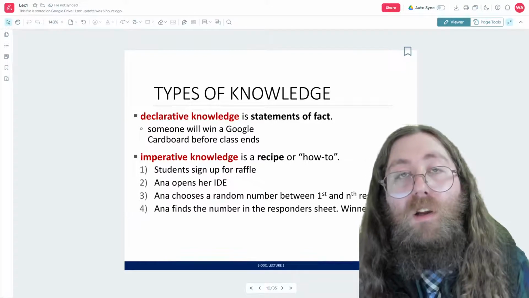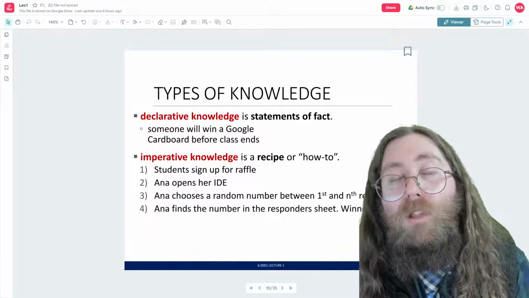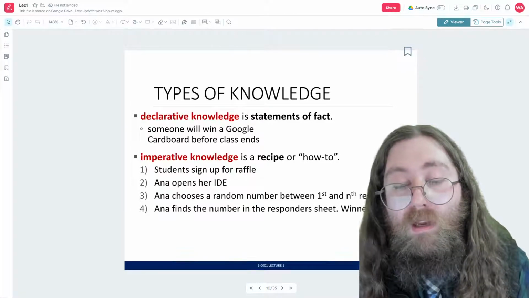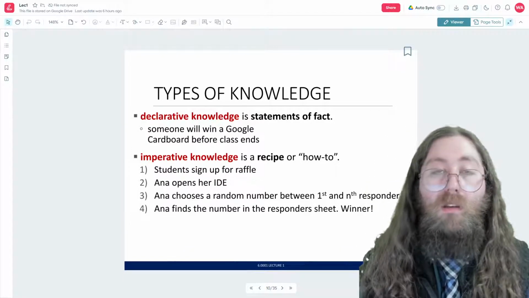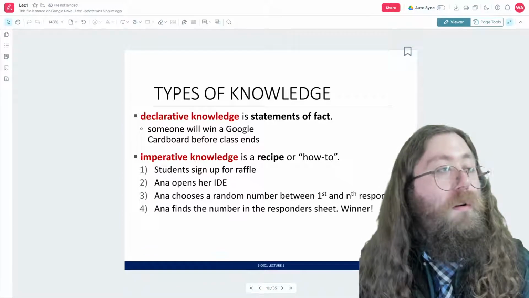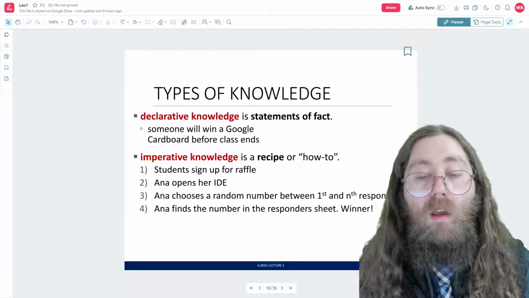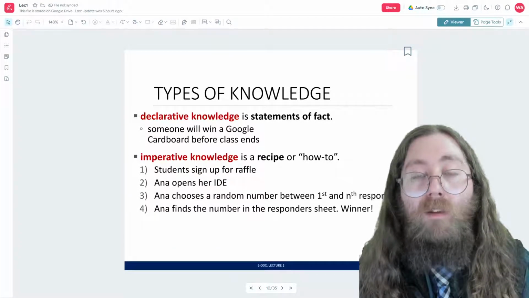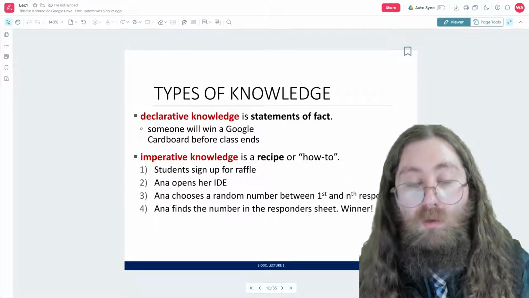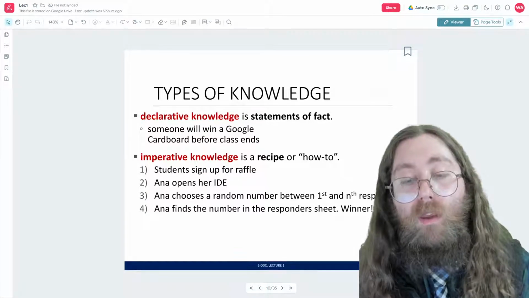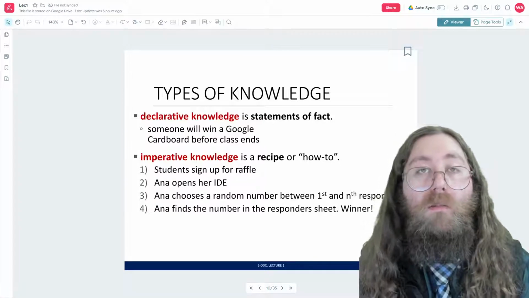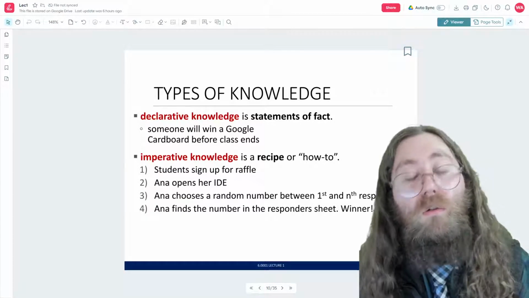If you watch the video, she actually does this. But the idea is that this is the recipe. These are the ordered steps 1 through 4. And computers can have both of these types of knowledge. They can hold a bunch of facts for us, and they can hold recipes, right? They can hold instructions for how to do something.